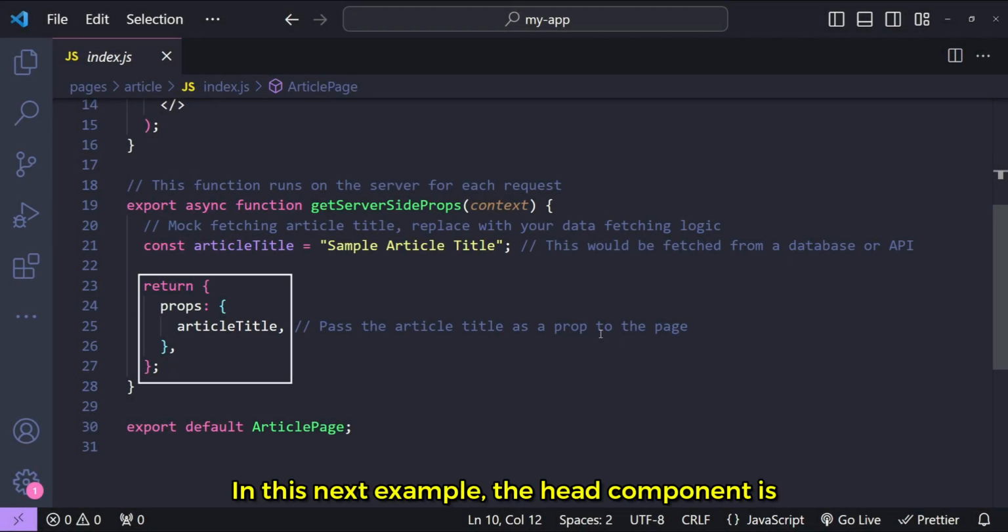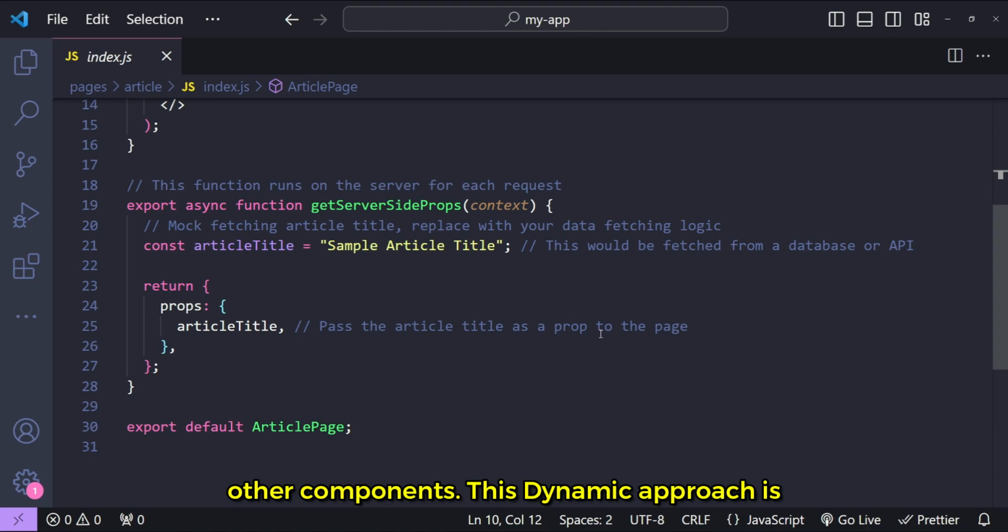In this next example, the head component is being used to dynamically set the page title based on a prop value, showcasing the flexibility of Next.js in handling dynamic content. The page title changes depending on the value of the article title prop, which could be fetched from an API or passed through other components. This dynamic approach is especially useful for content-driven websites like blogs or news websites, where each page's title might correspond